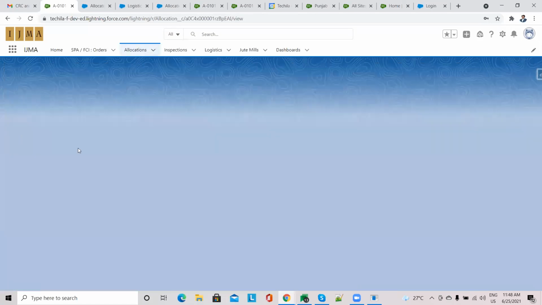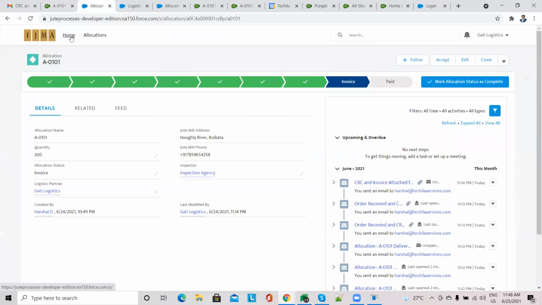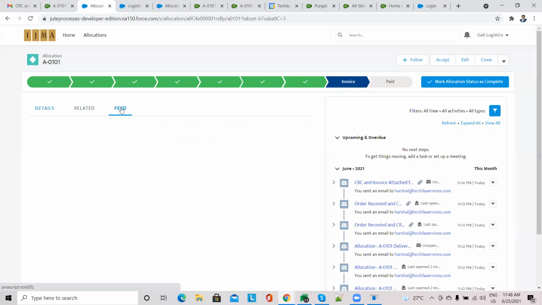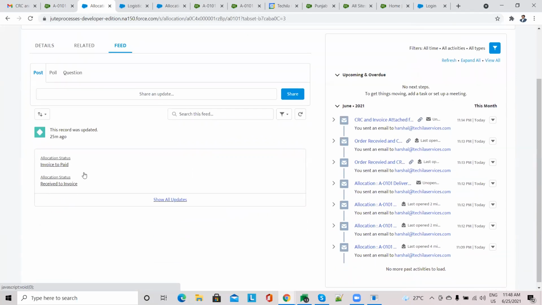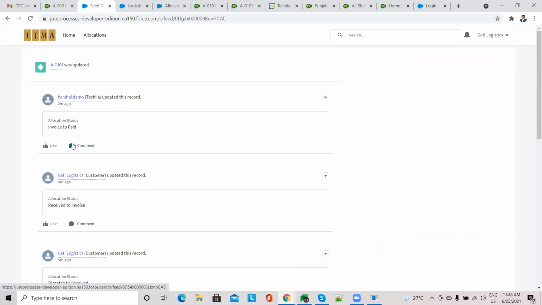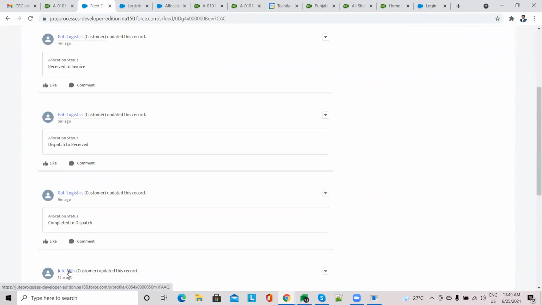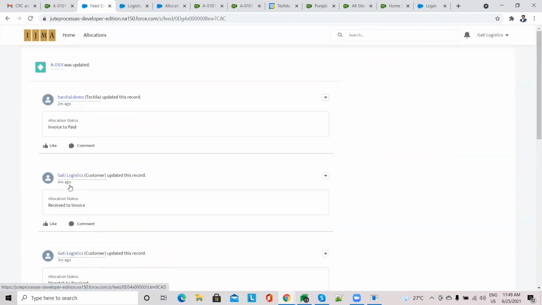Another thing on the portal: at each portal, there's a tab named feed. The feed gives you an update of when the statuses were changed. For now we have kept it for statuses, but we can also add other record history over here. So who made the changes in the status and when it was done, everything is tracked.